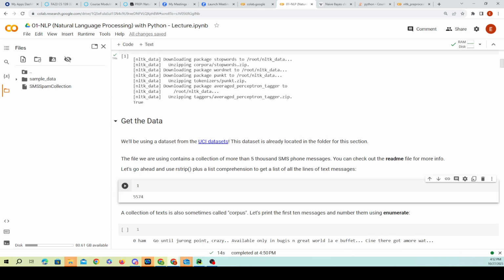The file we're using contains a collection of more than 5,000 spam-labeled messages. You can check out the readme file for more information. Let's go ahead and use rstrip plus a list comprehension to get the list of lines and text messages. So what we're gonna do right now is first extract